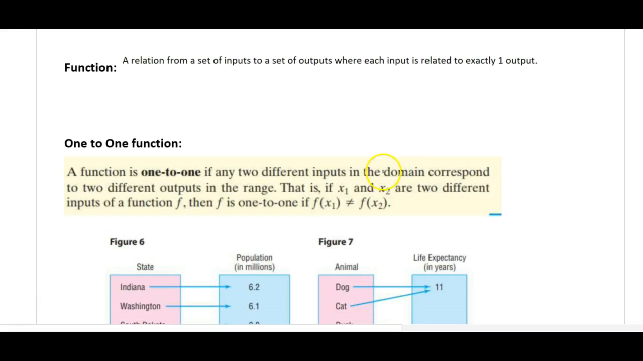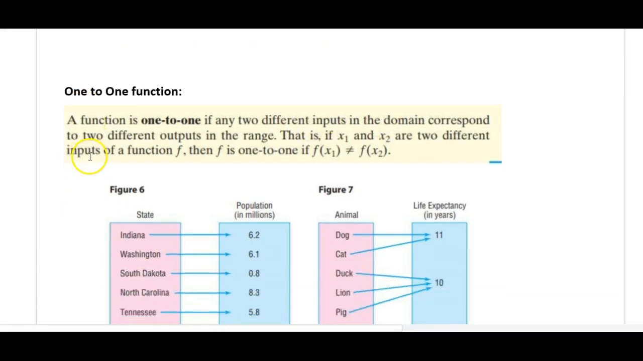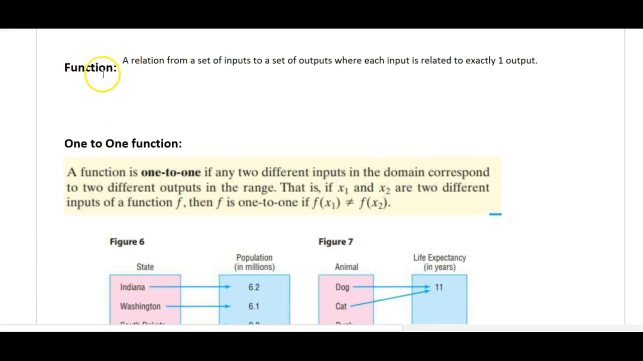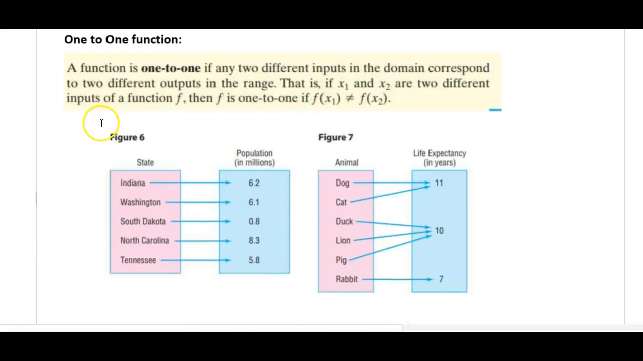With that in mind, now we're going to talk about this concept. We have a function, right? But then what is a one-to-one function? A one-to-one function is a function if any two different inputs in the domain correspond to two different outputs in the range. That is, if x1 and x2 are two different inputs of a function, then f is one-to-one if f of x1 is not equal to f of x2,